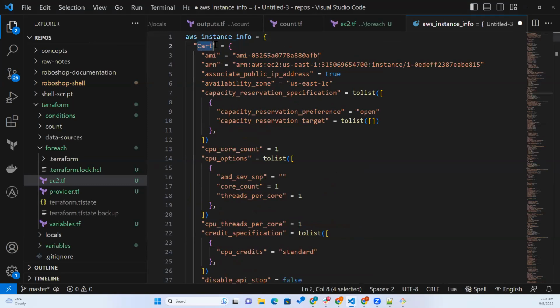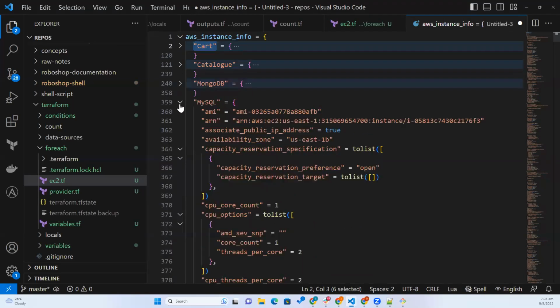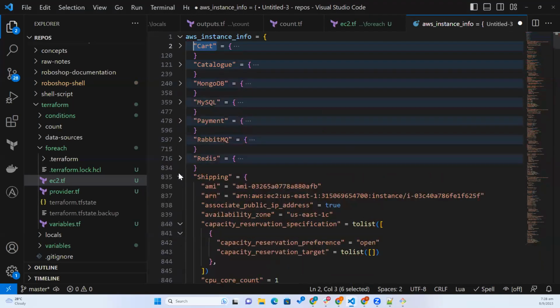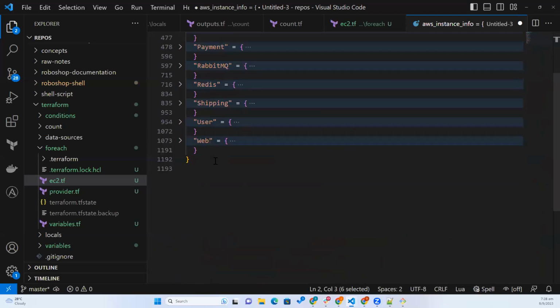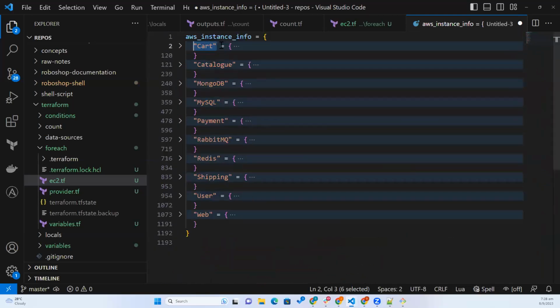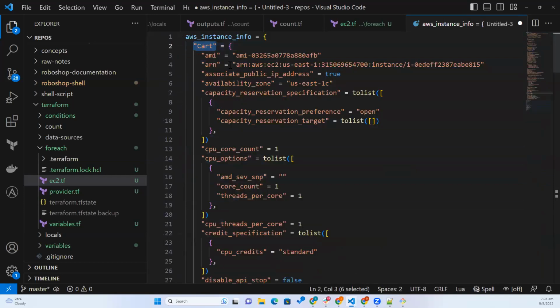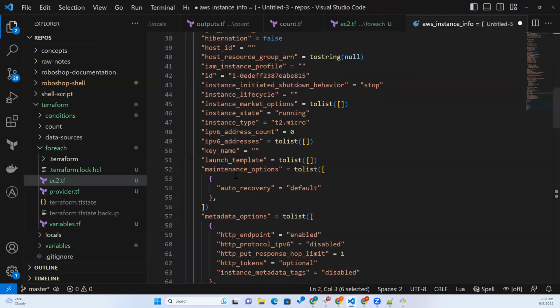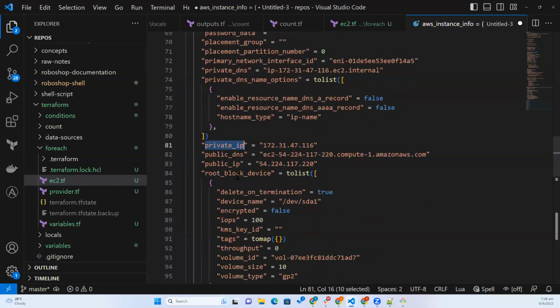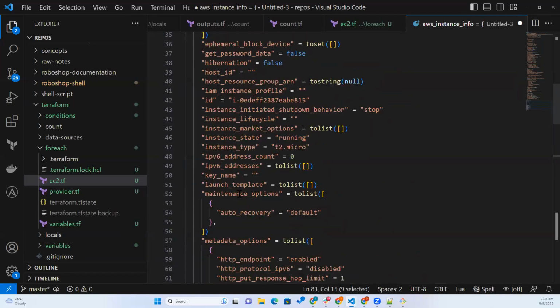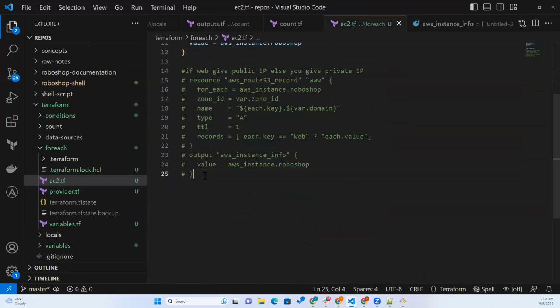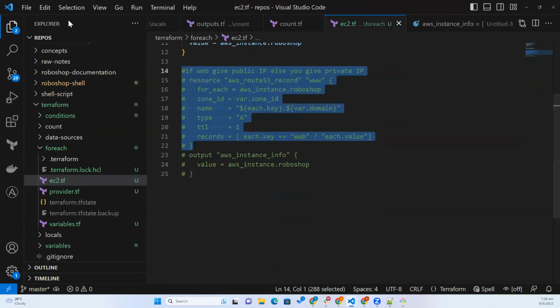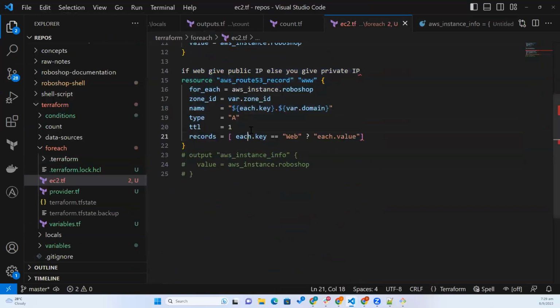If you see, what is that key? Your instance name is the key, and it has the map structure. You can get any information you want. Like this here, we have information of private IP or public IP. So now I need this information. So here, each.key, for example, for the first time, I will get